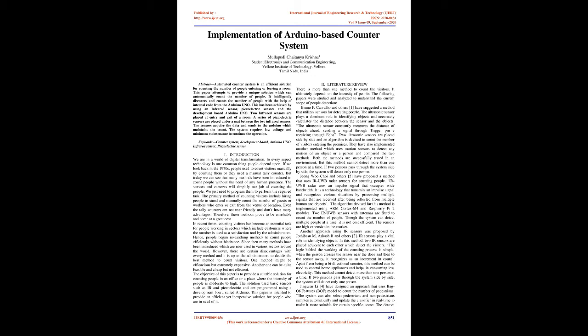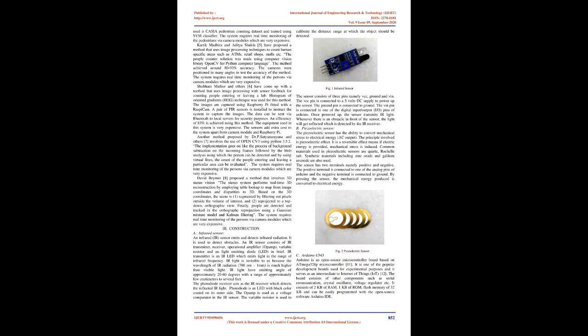The following papers were studied and analyzed to understand the current scope of people detection. Bruno F. Carvalho and others have suggested a method that utilizes sensors for detecting people. The ultrasonic sensor plays a dominant role in identifying objects and accurately calculates the distance between the sensor and the objects. The ultrasonic sensor constantly measures the distance of objects ahead, sending a signal through the trigger pin and receiving through echo. Two ultrasonic sensors are placed side by side and an algorithm is devised to count the number of visitors